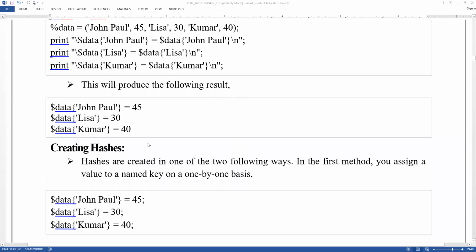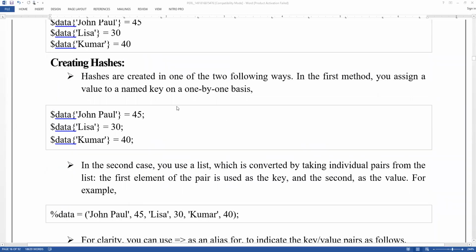Okay, how do we create hashes? Hashes can be created with one of the following statements. In the first method, you are assigning a value to a named key on a one-by-one basis. Here you can see $data{John Paul} = 45, $data{Lisa} = 30, $data{Kumar} = 40.